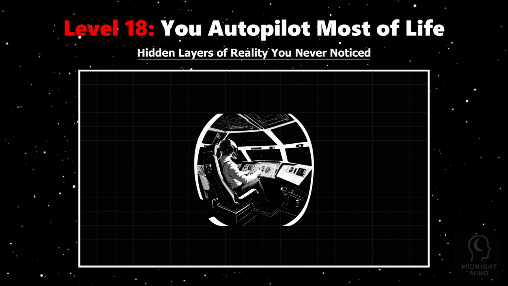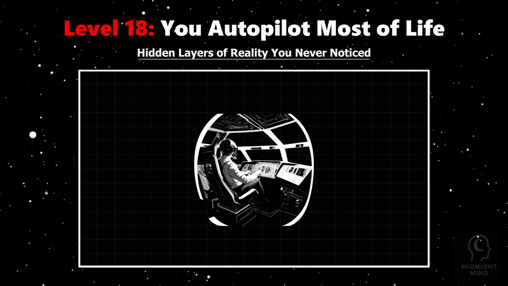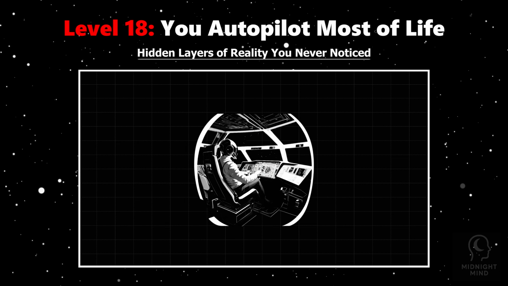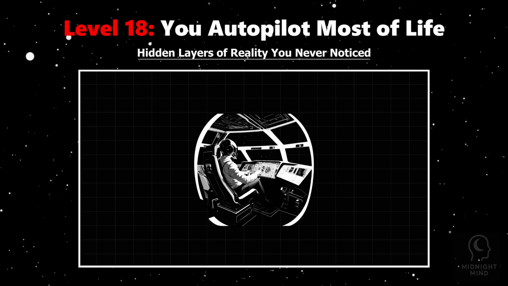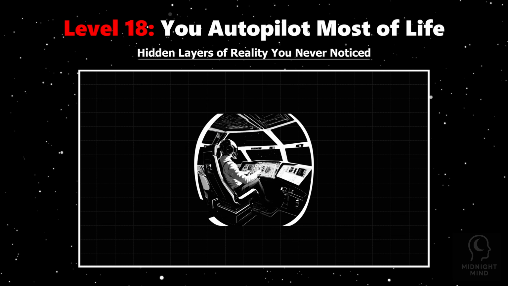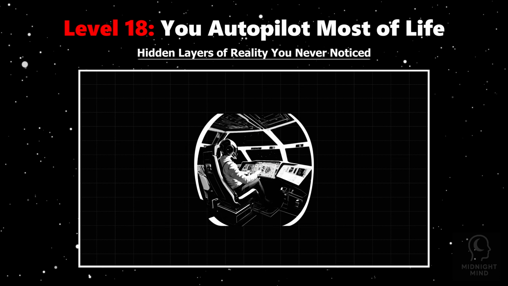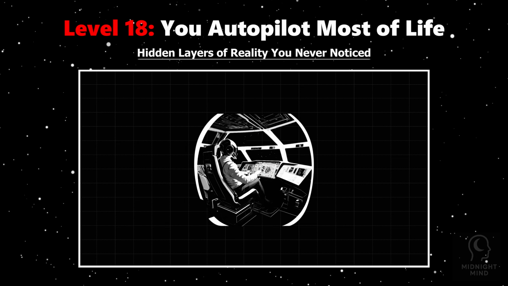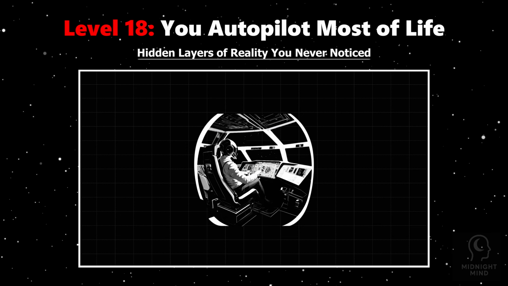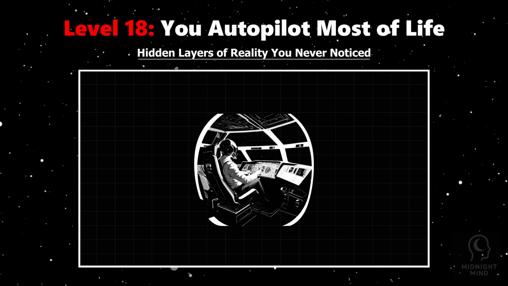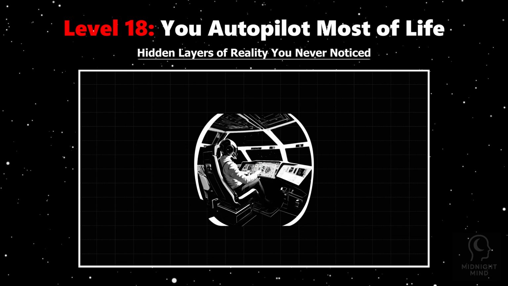Neuroscientific studies using brain imaging reveal that neural activity predicting your decisions can be detected seconds before you consciously choose. This unconscious processing governs habits, biases, and even complex problem solving, freeing your mind from overwhelming detail but also limiting true volition. Your awareness acts like a storyteller, giving coherence to decisions it did not originate, creating the illusion of control. This explains why habits are so hard to break and why split-second reactions feel automatic.